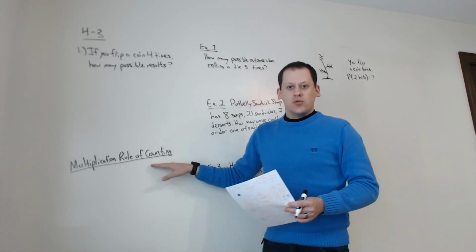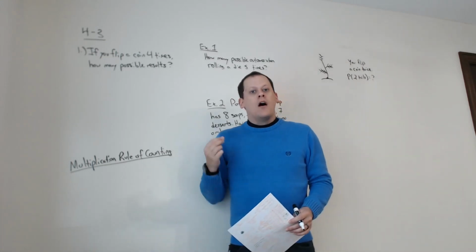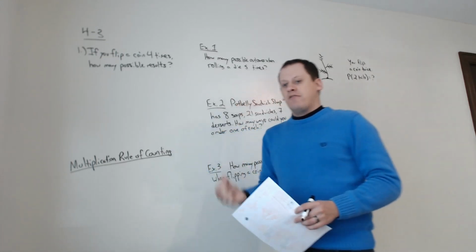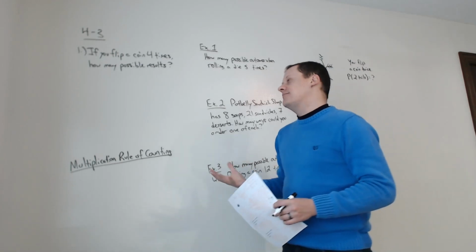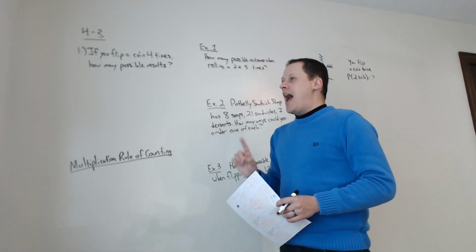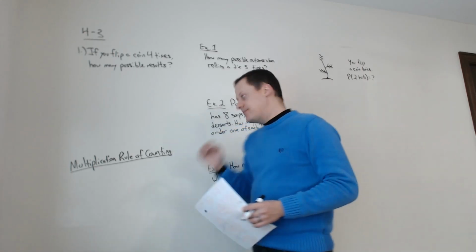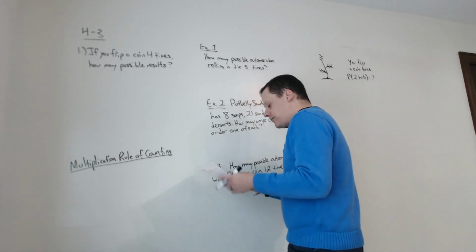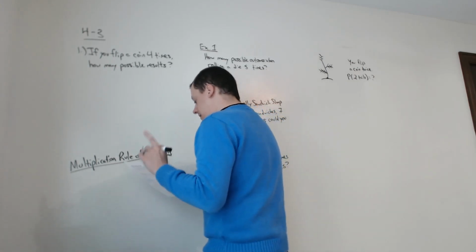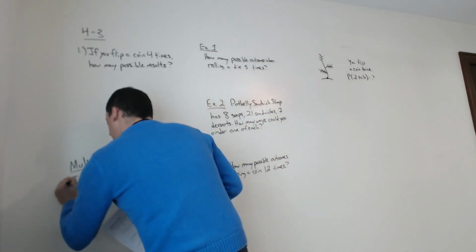Via the multiplication rule of counting, we have a very easy way of finding out how many possible outcomes there are given that certain things happen. So, the multiplication rule of counting states that, let's say you have